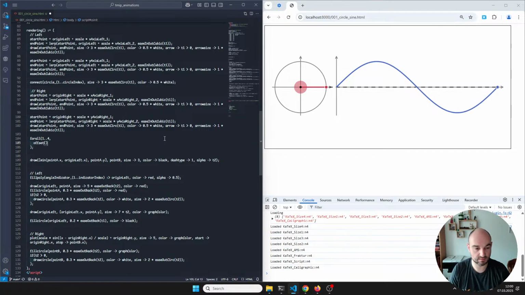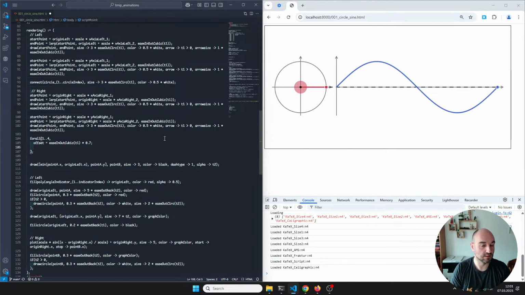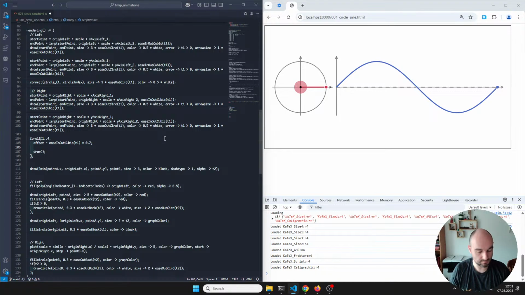Do we want to make it with offset? Why not? This is the first motion. So this is ease in out cubic T1, and we want to make them how large? Maybe 1, maybe 0.7. And what we want to draw now is we want to go from the origin, or let's define that here. Let's define anchor, I think maybe is a good name. Origin right